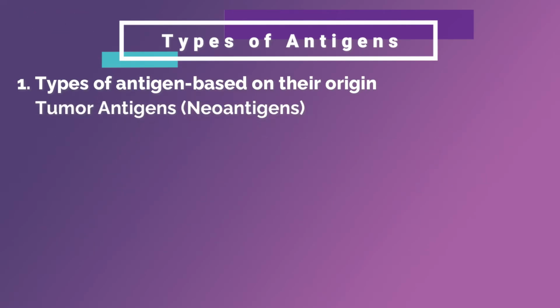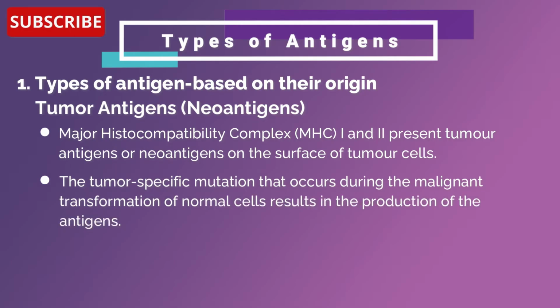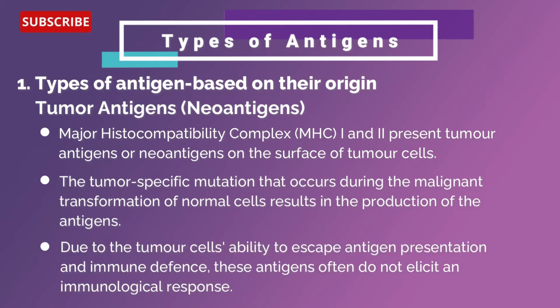Tumor antigens, neoantigens. Major histocompatibility complex 1 and 2 present tumor antigens or neoantigens on the surface of tumor cells. The tumor-specific mutation that occurs during the malignant transformation of normal cells results in the production of antigens. Due to the tumor cell's ability to escape antigen presentation and immune defense, these antigens often do not elicit an